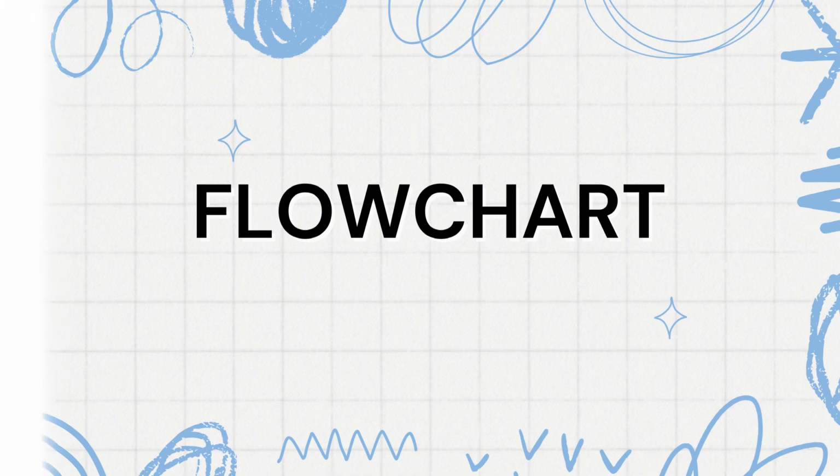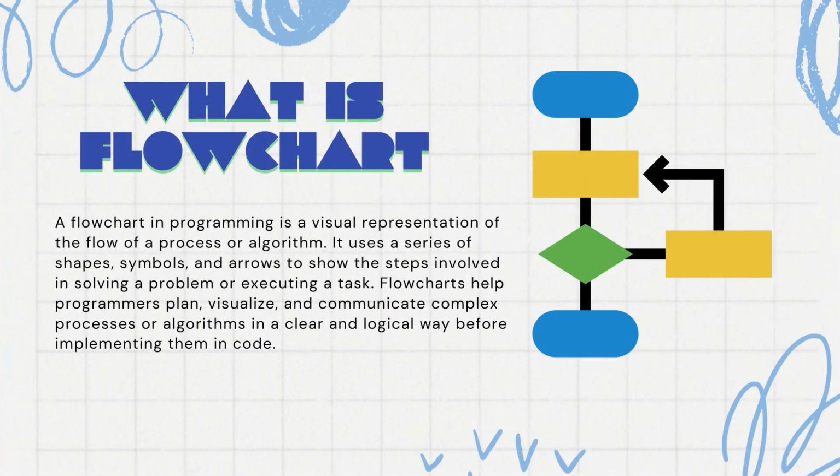306933. Today I want to explain to you guys what is a flowchart. A flowchart is a programming visual representation of the flow of a process or algorithm. It uses a series of shapes, symbols, and arrows to show the steps involved in solving a problem or executing a task. Flowcharts help programmers plan, visualize, and communicate complex processes or algorithms in a clear and logical way before